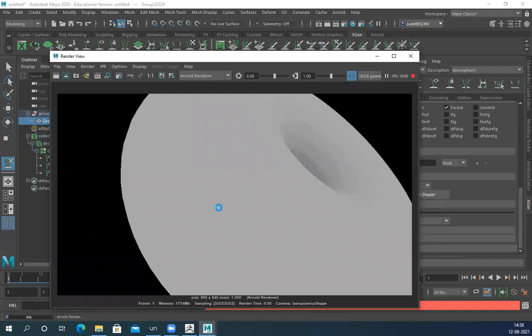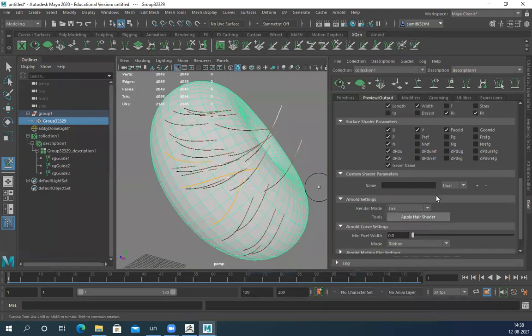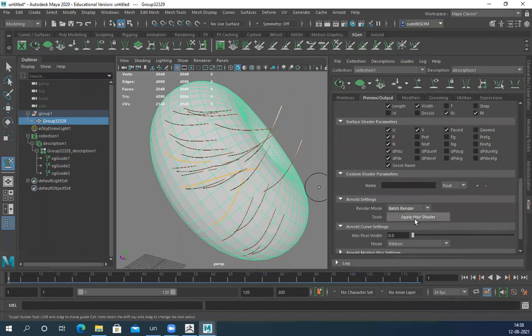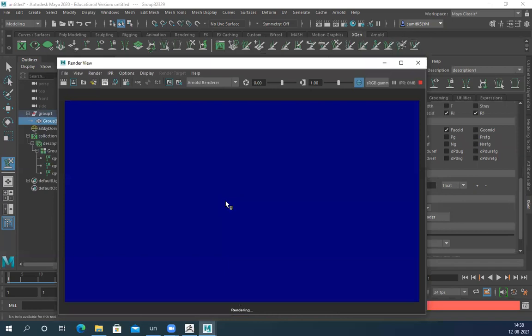Not rendering. Line render, okay. Batch render also should render.